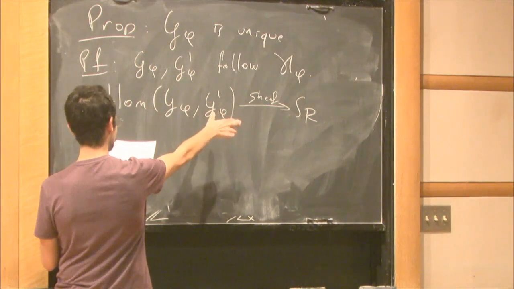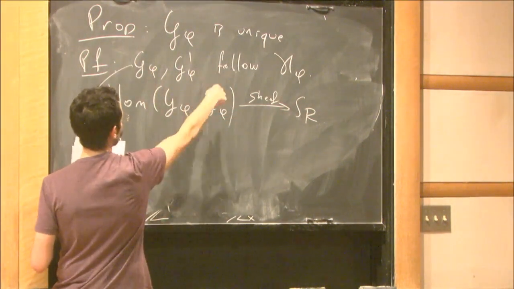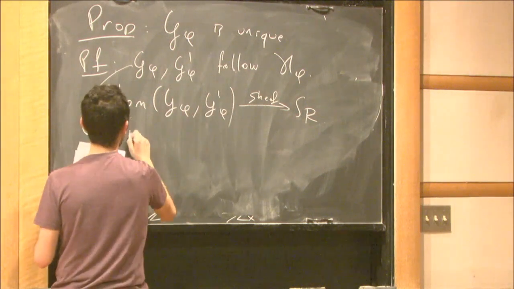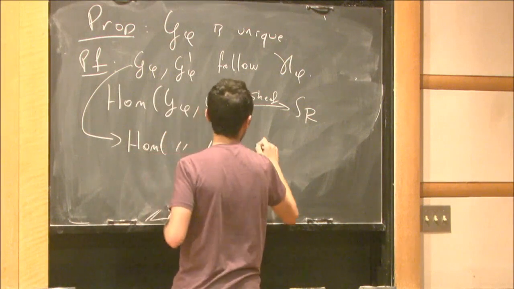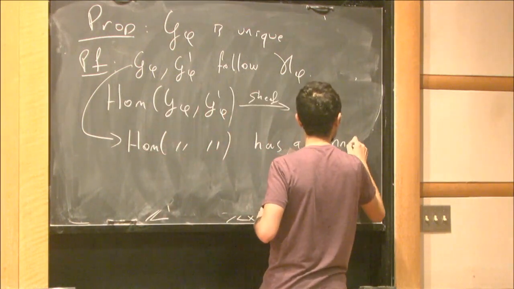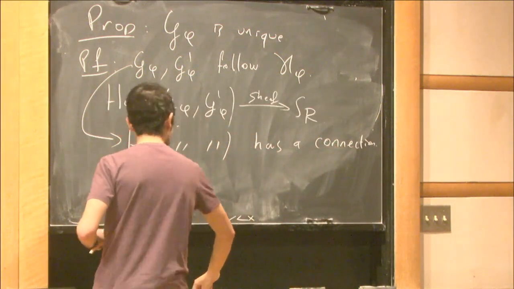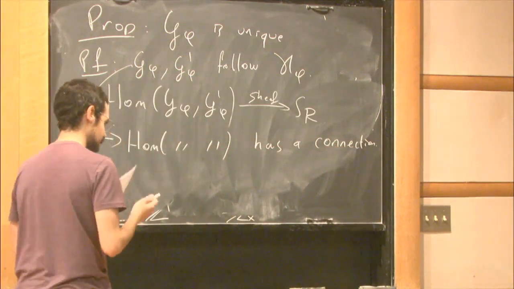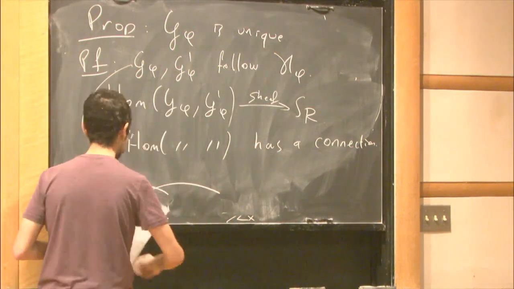So this is a sheaf over SR, and the fact that they both follow gamma phi actually implies that this sheaf has a connection. Now, I will not state the formal geometry statements at this point. I'll just draw a picture. It could be a little misleading, but